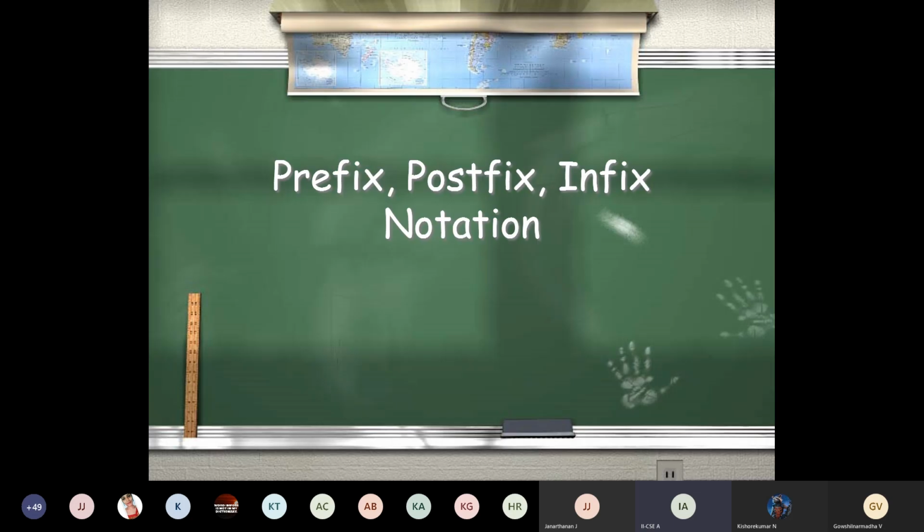First of all, we learn what the three types of notation are: prefix, postfix, and infix. Simply imagine an arithmetic expression, for example a plus b star c, or 5 plus 3, or 5 star 10. You have operators like plus, minus, star, and division, and you have operands, which might be variables like a, b, c, d, e, or values like 5, 10, 15, or 20. So your expression will have values and operators. Sometimes you can use variables in place of values.